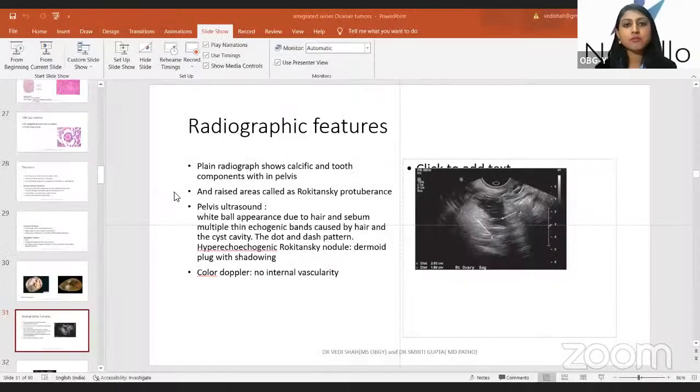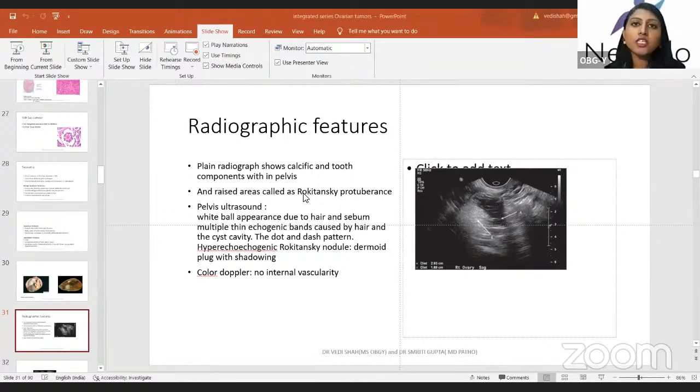Yes. So as ma'am mentioned, the dermoid cyst is going to have a lot of components. It is going to have components of the endoderm as well as different components. So that can be noted on the ultrasound as well as the radiographic features on X-ray. So if we take the pelvic X-ray, then it is going to show calcification because it could be present because of the tooth or a bone component. Okay. Also, it can show a raised area, which is going to be called the Rokitansky protuberance, and a